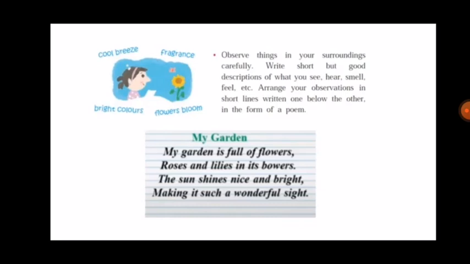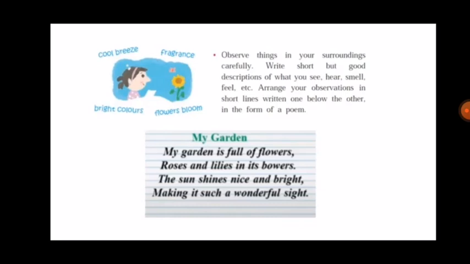Now you can see here the picture of a girl. Okay, the girl is thinking. So the poem here is about the garden. Now what does she write in the poem? We'll see. My Garden. My garden is full of flowers,